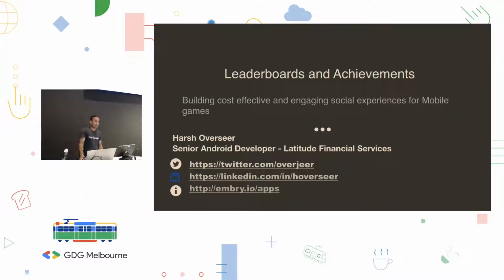A little bit about me. I work as an Android developer at Legacy Financial Services. On darker days, I do iOS development also, and on really bad days, I do other things. So I'm trying to make as many things as I can. I'm on Twitter. You might notice that my last name is spelled actually overseas person, so I have to do it. I'm also on LinkedIn, and when I'm not at work, I make indie games and apps, and my company is called Untitled. Yeah, there's going to be a list of apps.